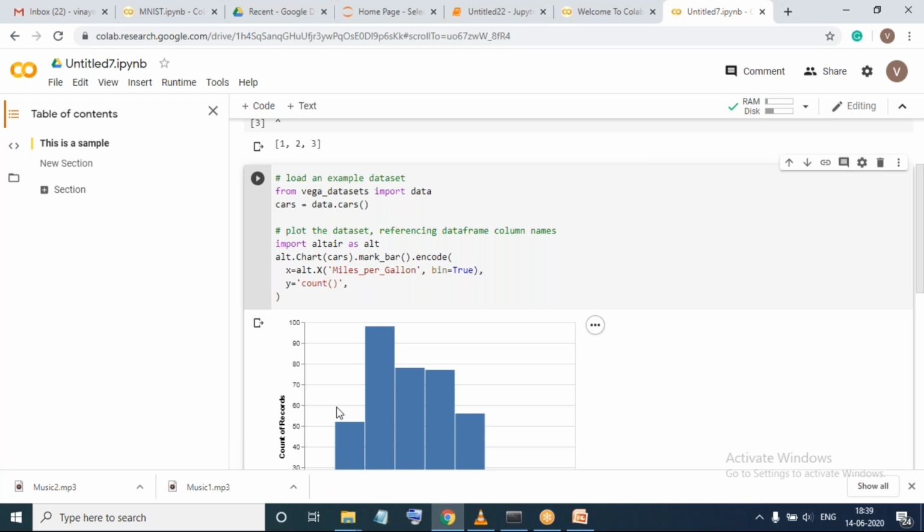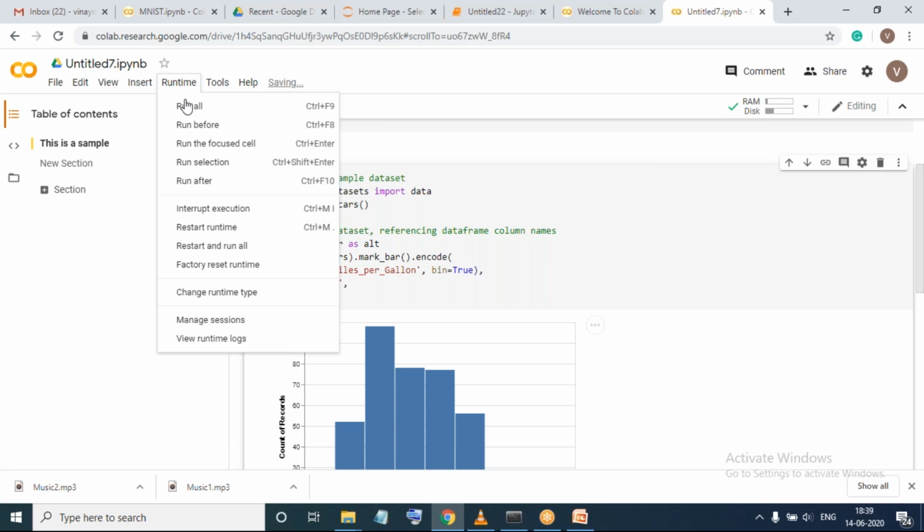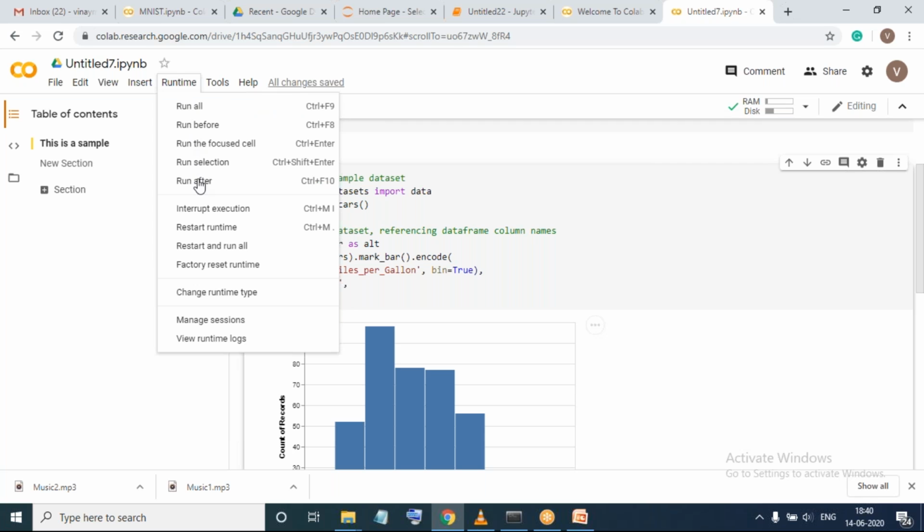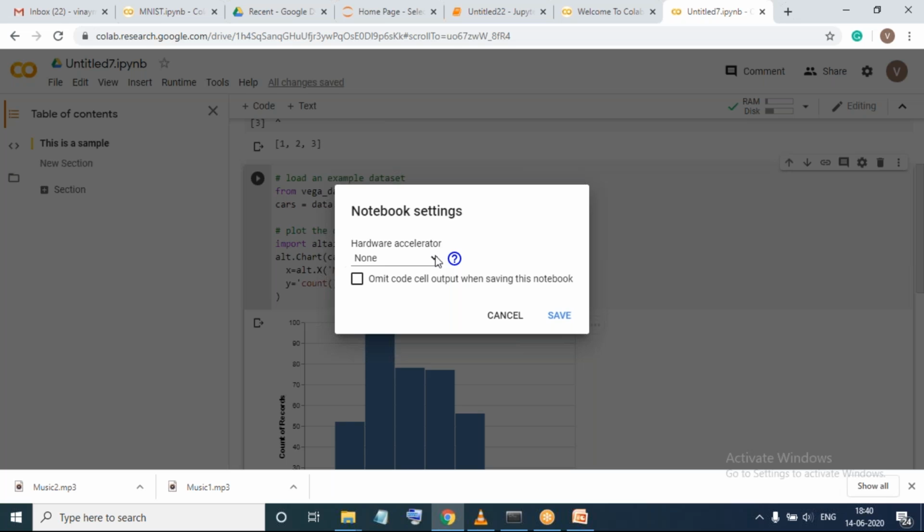So going to the one major advantage which we spoke about till now, that is how we can use GPUs and TPUs. I need to go to this runtime, and here I will take an option called change runtime type. When I press change runtime type, you will see a number of options, like what accelerators you want and the various things you can use. One second, friends. Yeah. So here you can see you have various hardware accelerators. If you click on this drop down menu, it will give you the various accelerators which are available. The accelerators which we have are GPU and TPU.